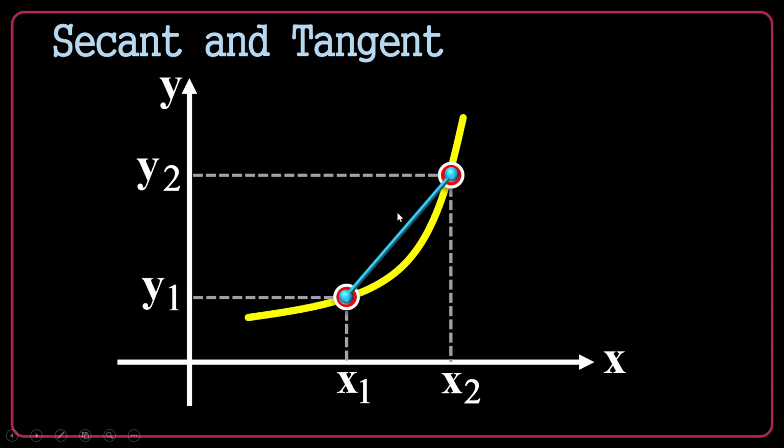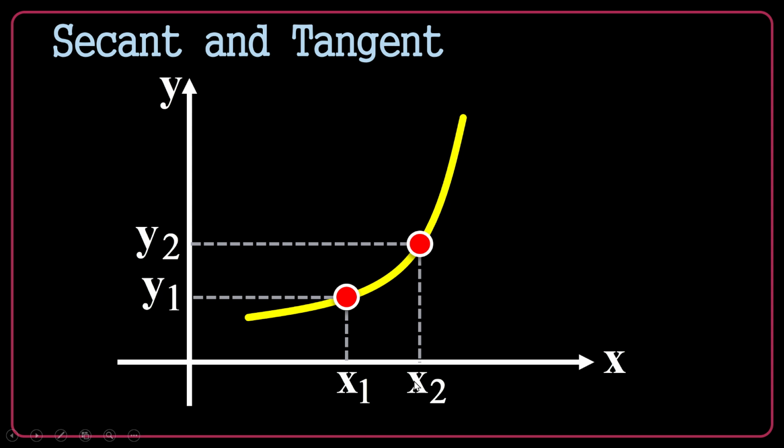This is the secant line, okay? I want the secant line to be a part of the graph. As I have no control on the graph, I should make a strategy here to take a secant line to be shorter, to be closer to the graph. To do that, I can take x2 closer to x1. You see, when I take x2 closer to x1 and I draw another secant line, the secant line is a better estimation for the graph. It's going to be a part of the graph. It's now at smaller distance to the graph.